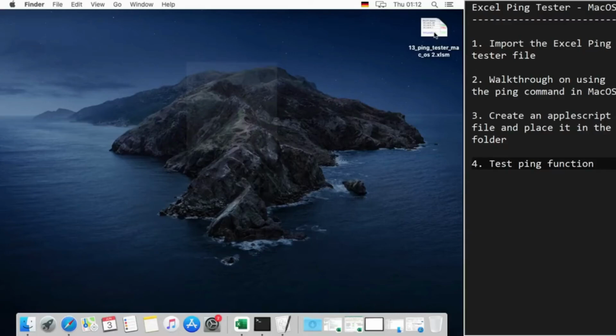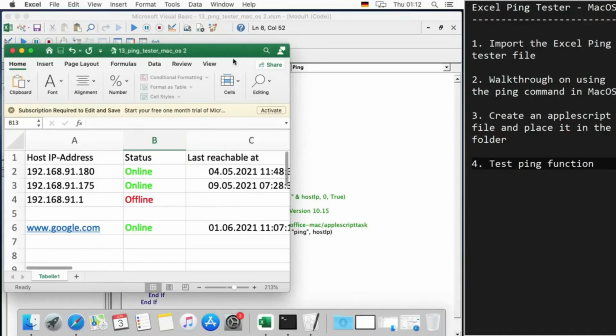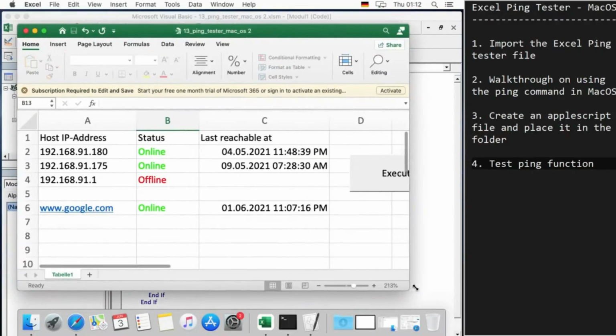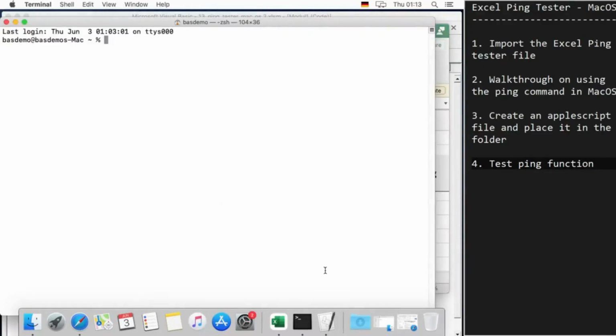I've already imported the ping tester file in Mac OS here, and you can see that. Now the ping implementation in Mac OS is a bit different compared to Windows OS. So I'll quickly open a terminal here, and I just ping